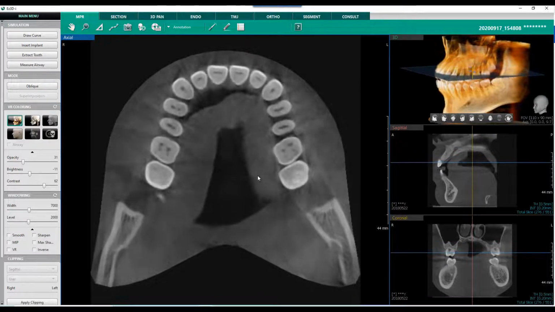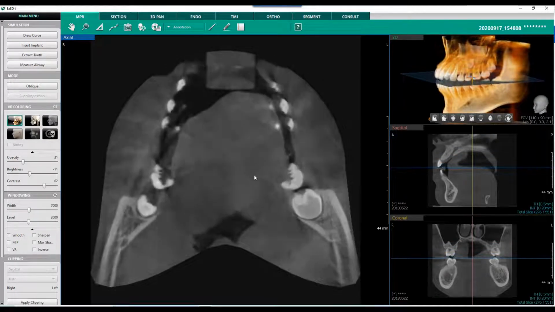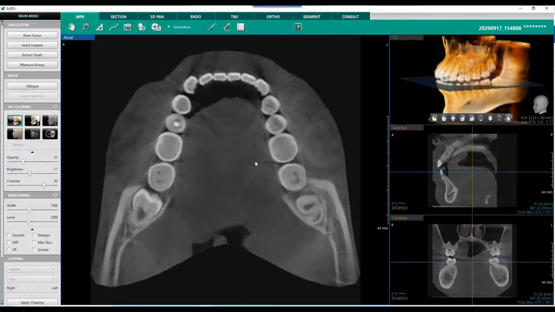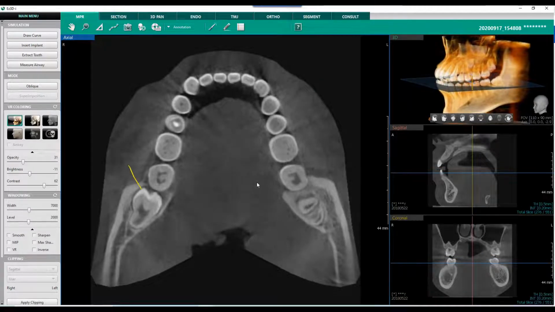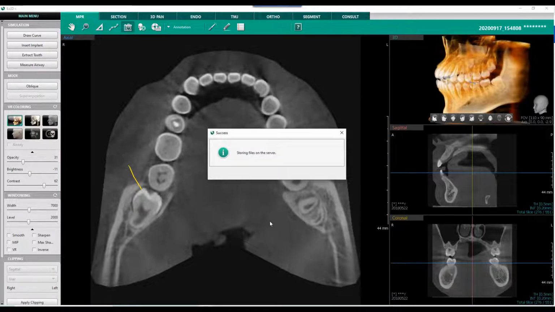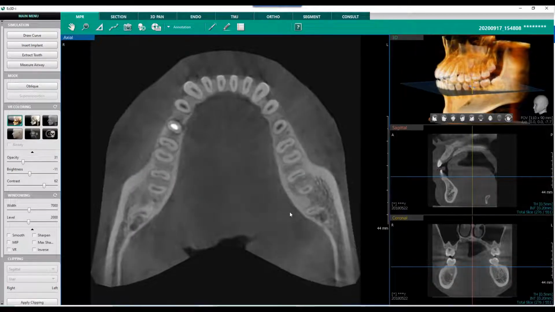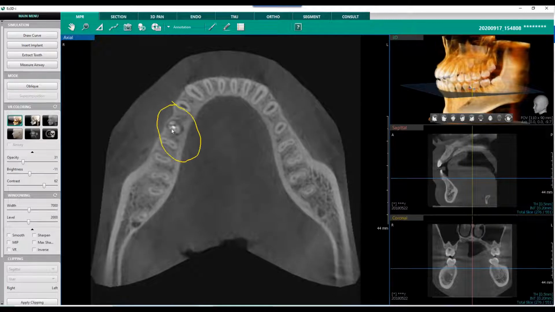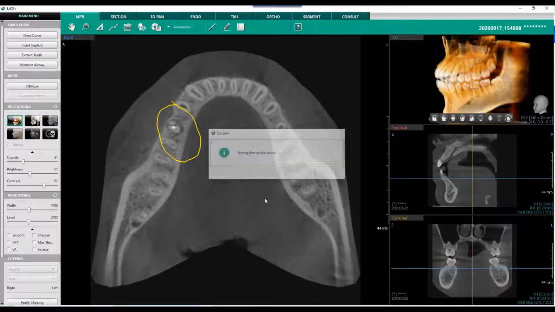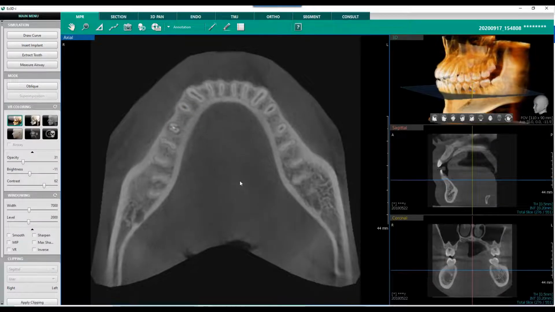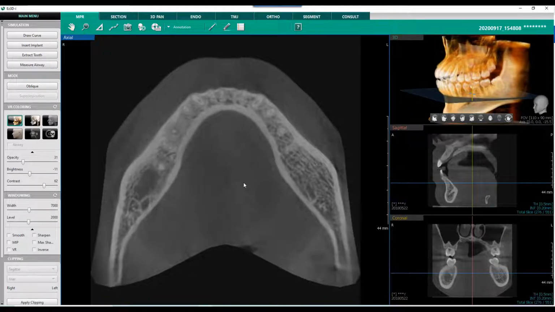And now we are going through our occlusion, looking at our molars. I can see my horizontal impaction. Here's where I've made an annotation. Let's take another screenshot. Scrolling down, we can see our root fracture on 29. As we keep scrolling down, a lucency